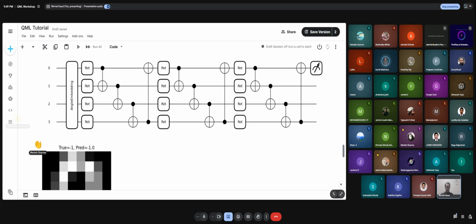But sir, for images, it will take a lot of computation. Obviously, sir, that is why I'm saying features, because you need to extract the feature. And if you see my last code, what I did was apply CNN, convolutional neural network. That means first extract the feature, then I applied PCA, principal component analysis, to further reduce the feature, and then apply the quantum circuit. I am continuously reducing the features because the size of the image is high and it will be difficult for you to work. Also, this is a simulation of a quantum environment.